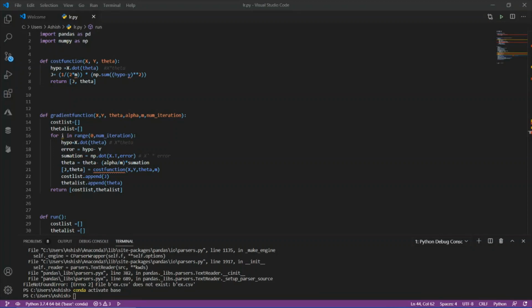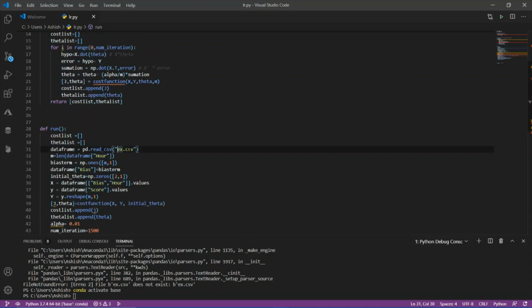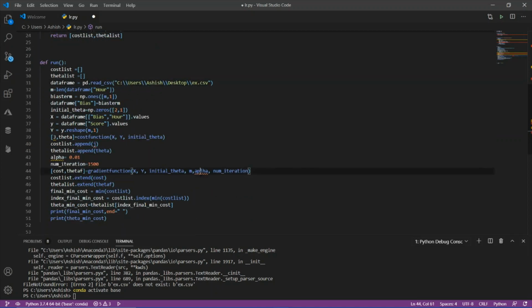I got some error over here. What's the error? First thing is the csv file doesn't exist. I'm sorry, I didn't declare the path of this function. Users, desktop. And this thing is alpha.